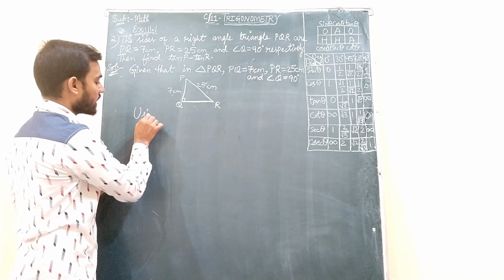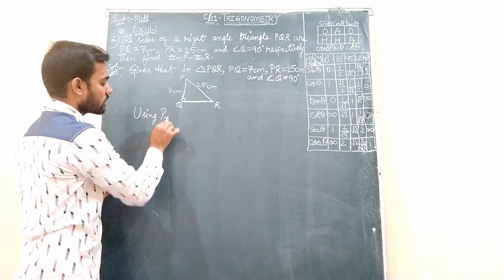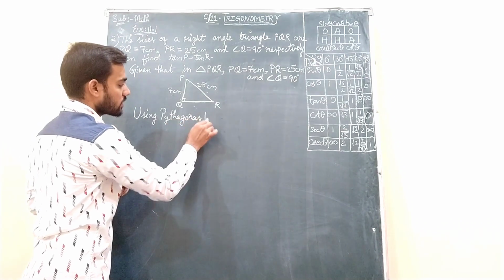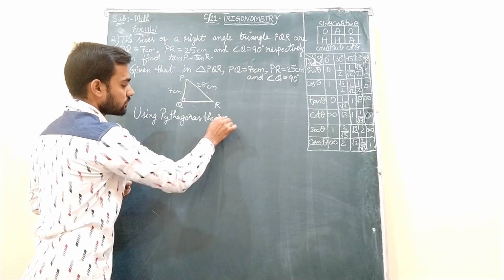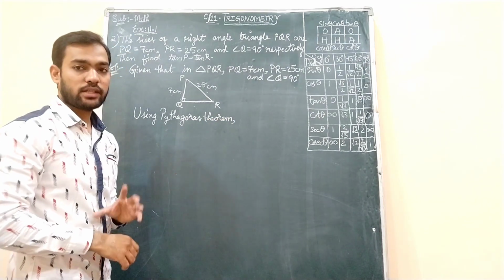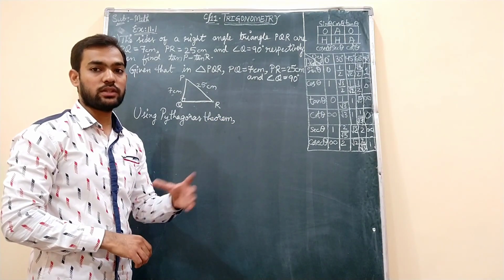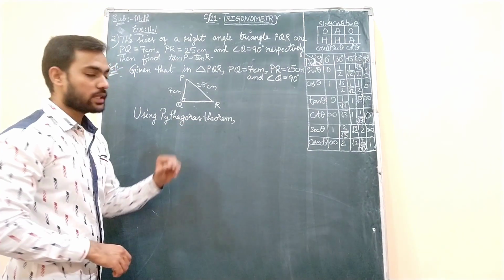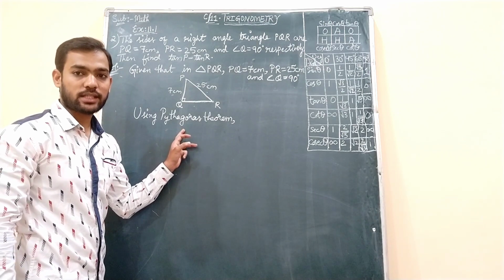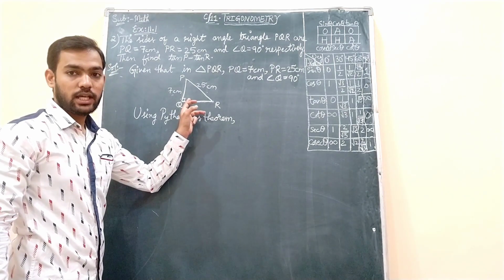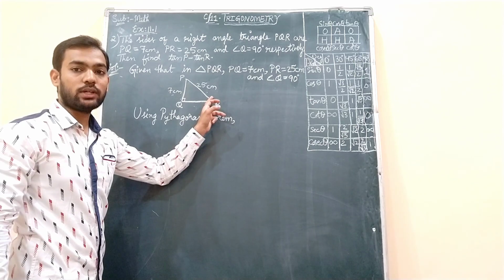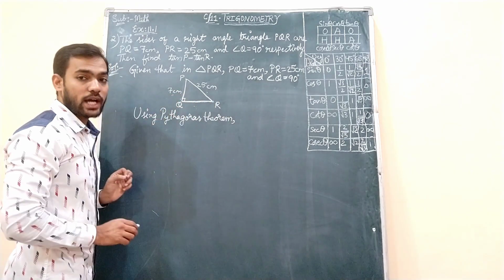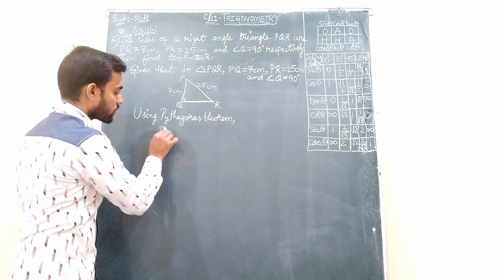We need to use Pythagoras theorem. This Pythagoras theorem, a small definition also you have seen in your 9th grade in the chapter of areas. Okay, so using Pythagoras theorem, what Pythagoras theorem states is that in a right angle triangle, the square of the hypotenuse is equal to the sum of the squares of the remaining two sides. That we will see now. Square of the hypotenuse, PR square,